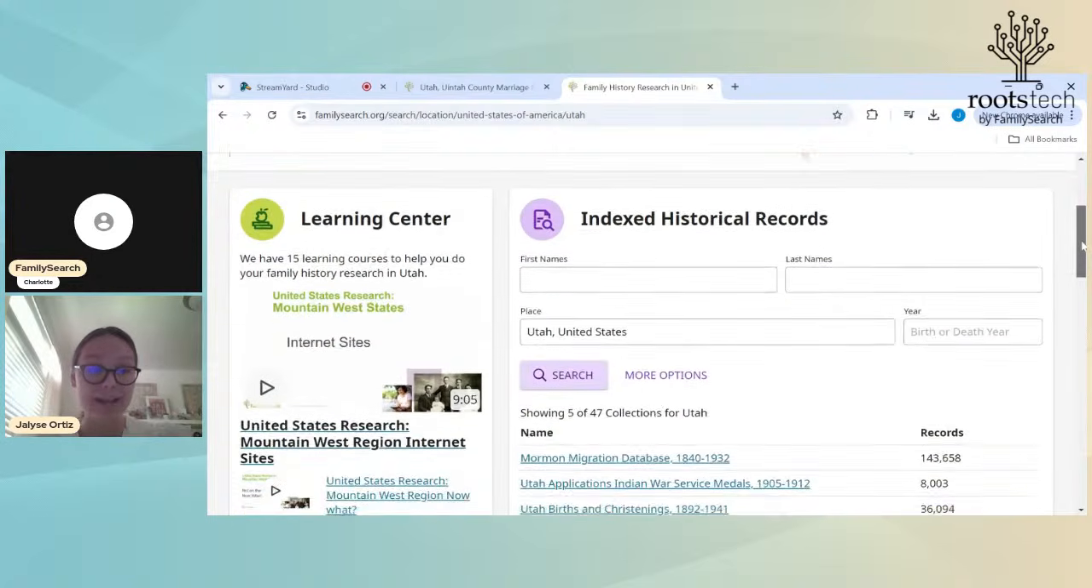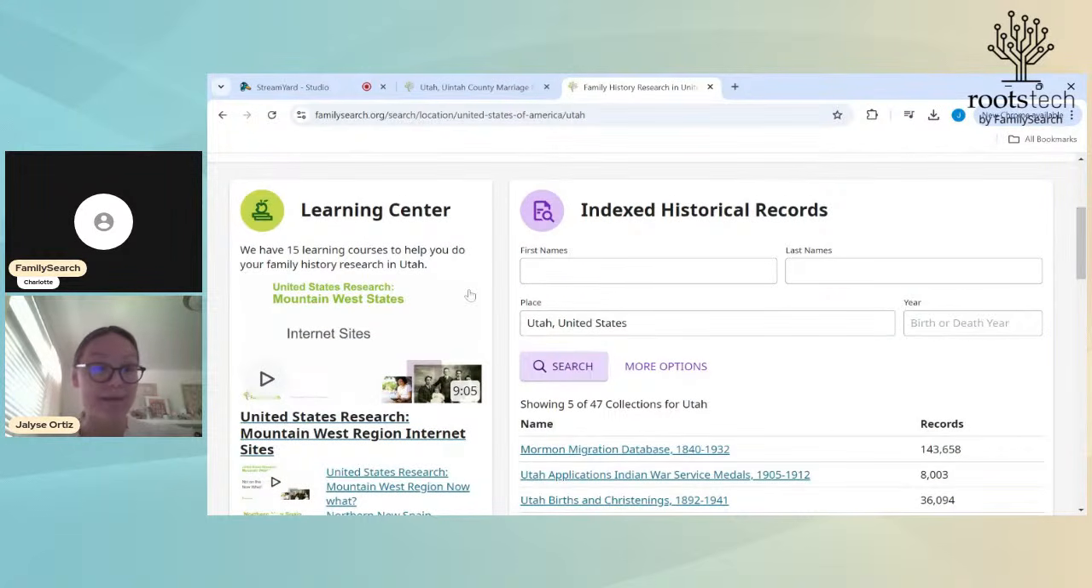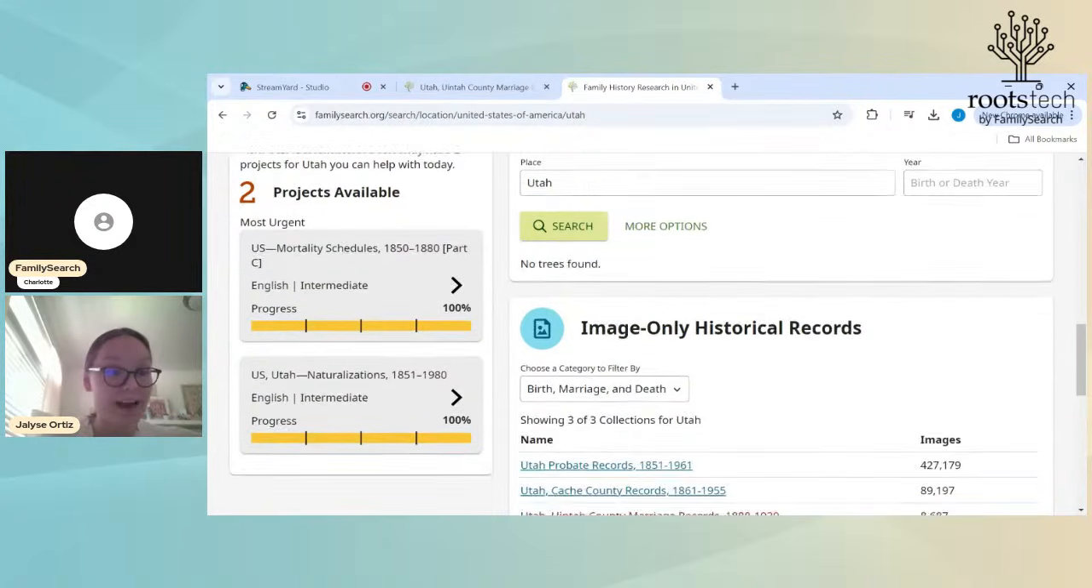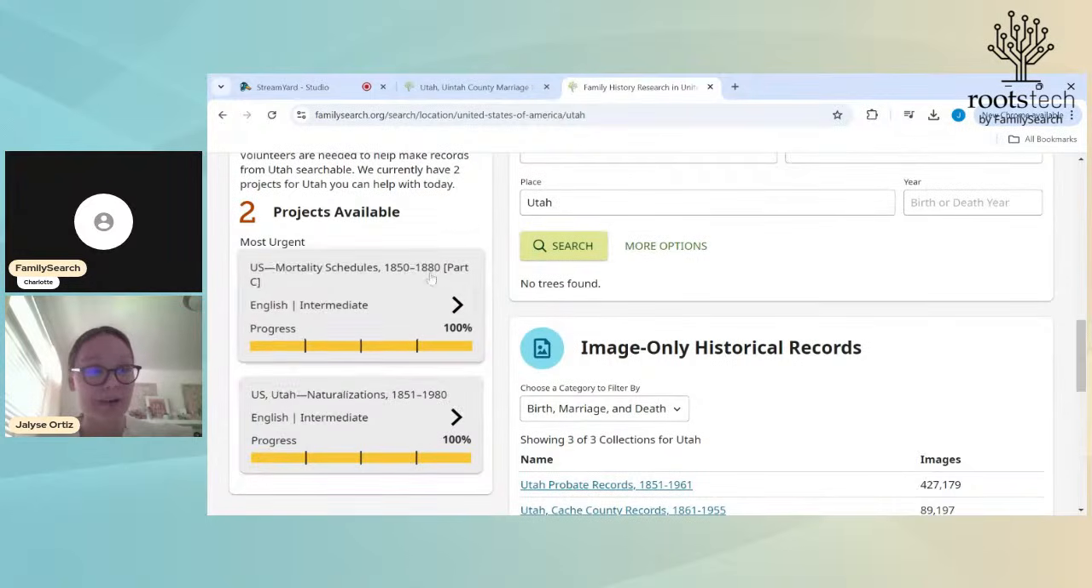So on the left-hand side of the screen, I have information about the Learning Center. There are 15 videos in the Learning Center that have something to do with Utah. So for example, the one we are seeing here is how to research in the Mountain West states. And if I scroll down, it tells me about current indexing projects available. These ones are both 100% complete, but depending on the locality, they might have some that are currently in progress